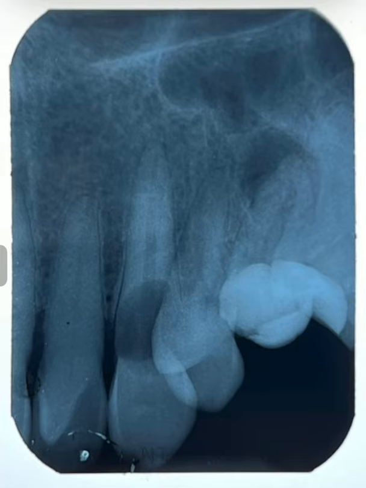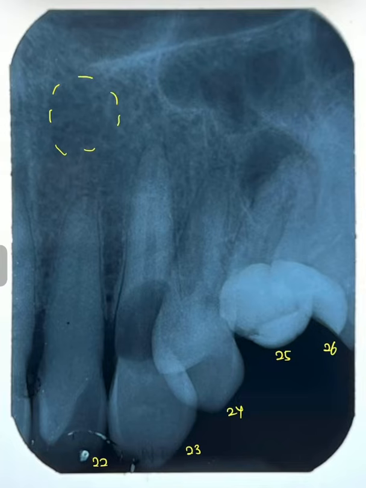Today I'm gonna interpret an IOPA in relation to 2.2, 2.3, 2.4, 2.5, and 2.6. There are some normal anatomical landmarks which can be seen in this radiograph, including the lateral fossa, which appears diffuse radiolucent, the maxillary sinus, and the inverted Y, which is an inverted Y shape of radio-opaque lines separating the nasal cavity